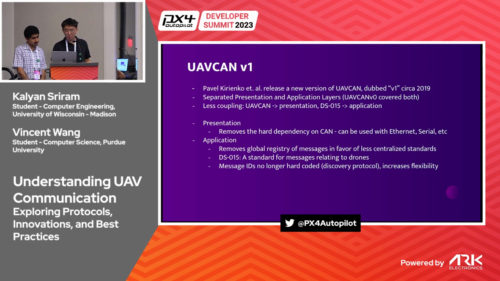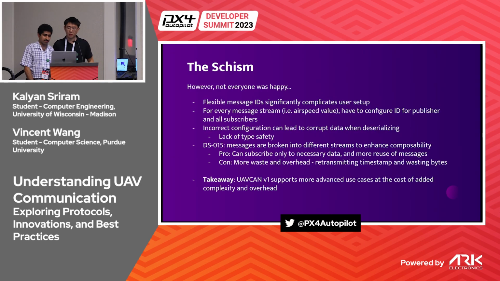UAV-CAN v1 also removed the dependency on traditional 1 megabit classic CAN, which allowed other transports like the faster CAN-FD, Ethernet, and UART serial to be used. However, not everyone was happy about this. There are some downsides. The flexibility comes at the cost of a lot of extra configuration, and if that's done